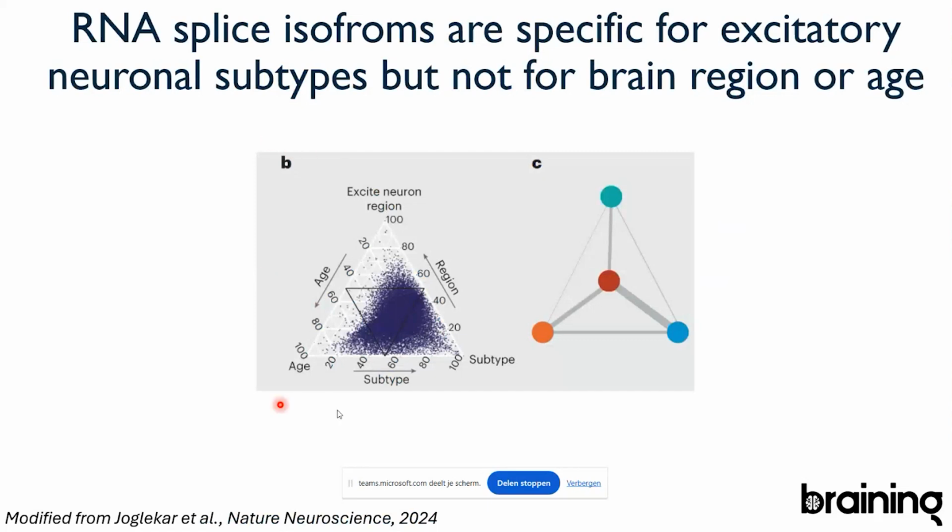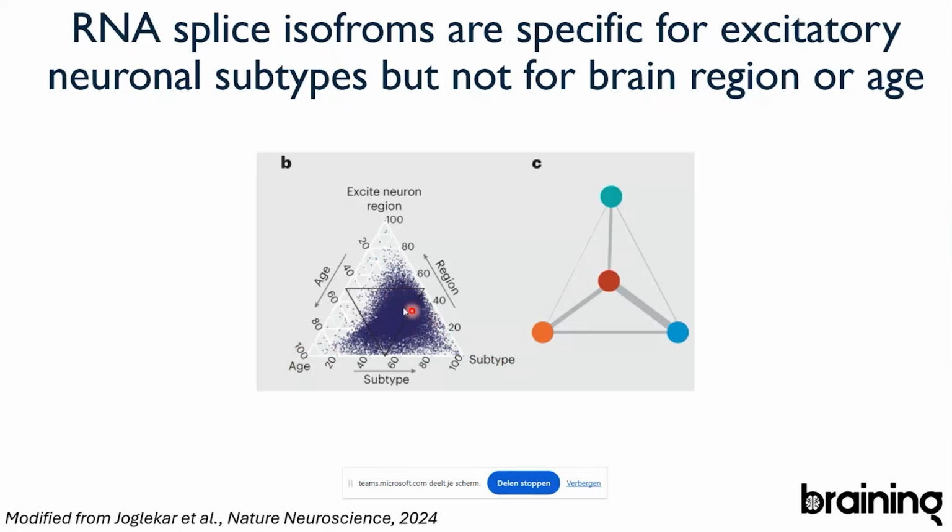For example, the information that you can get from that, if you do a proper bioinformatics approach, is you can look at all the isoforms of RNA that are expressed. And here, in this case, they looked at different types of neurons. They looked at excitatory neurons versus interneurons. They looked at neuronal subtypes, so for example, neurons in the first layer of the cortex versus neurons in the sixth layer of the cortex, and they also looked at age. And so basically, you can get a lot of information from here.